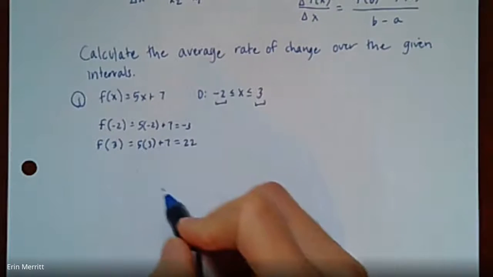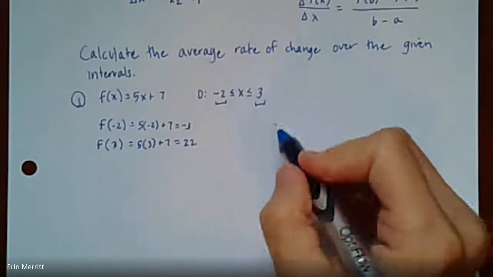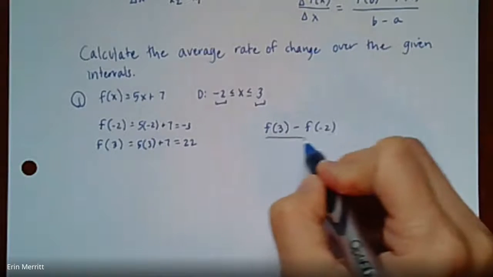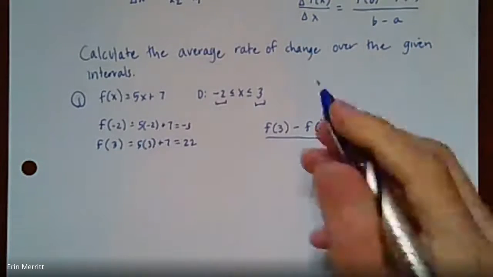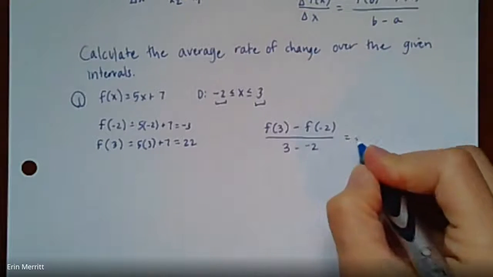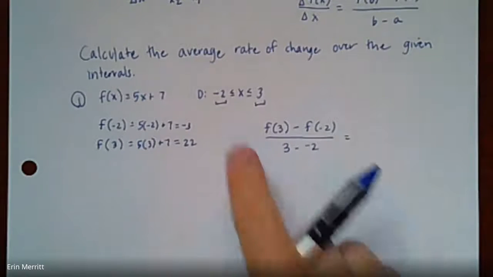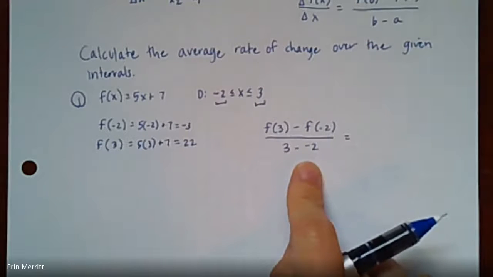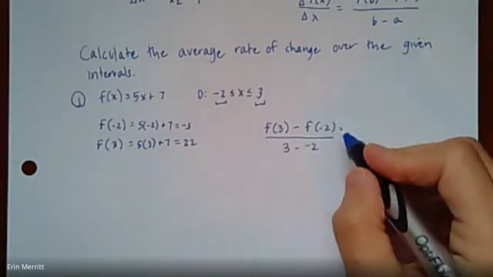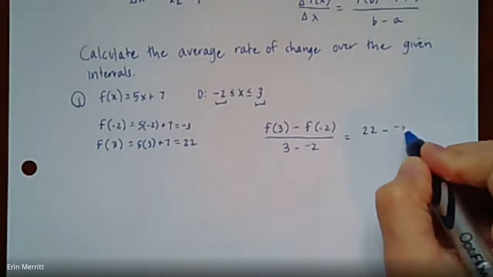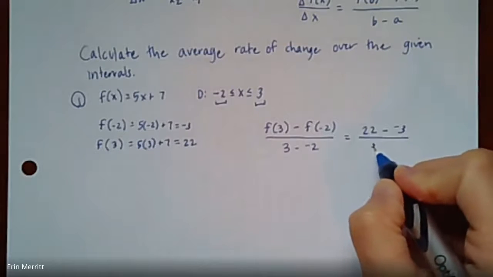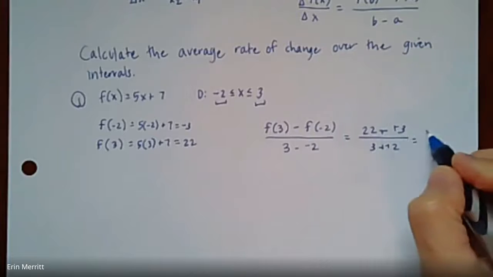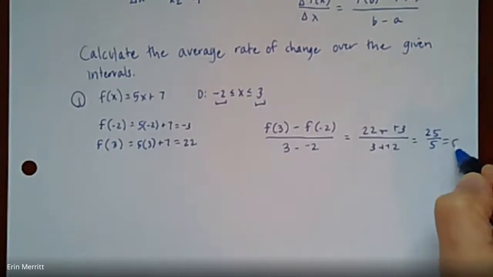So to calculate the average rate of change, we would do f of 3 minus f of -2, and then all over 3 minus -2. Now, the order in which you do them doesn't really matter. So you could have done f of -2 minus f of 3. Just in the denominator, make sure that it matches. So if I take my values, I got 22 minus -3 all over 3 minus -2. In both cases, we go plus a positive, so this will give us 25 over 5,